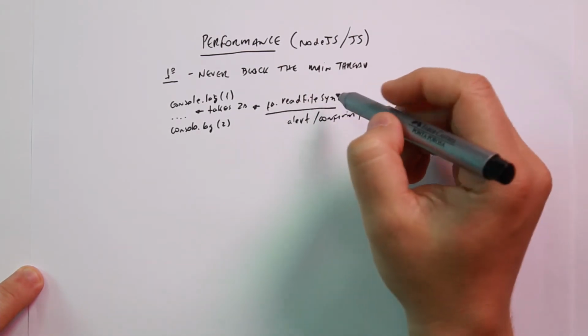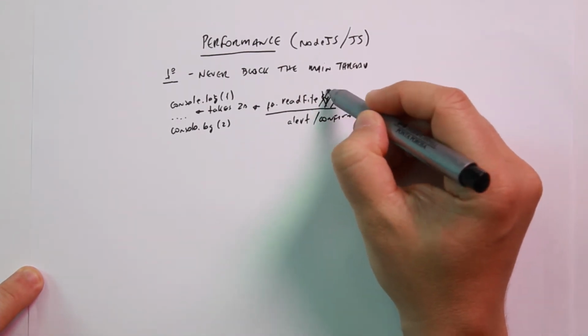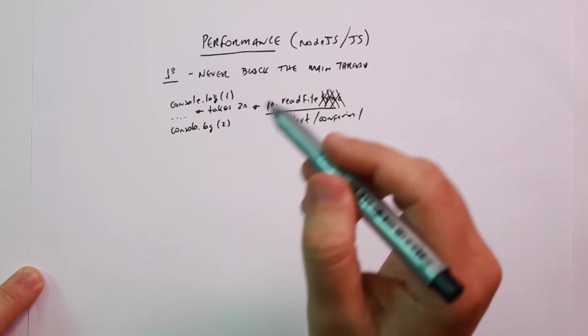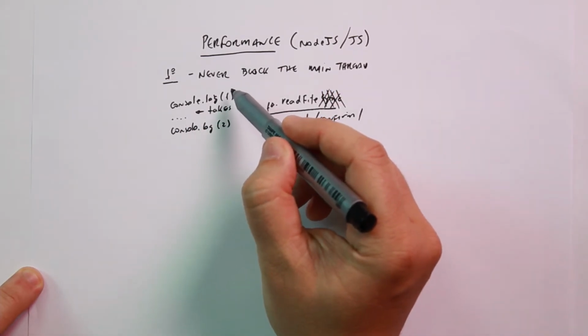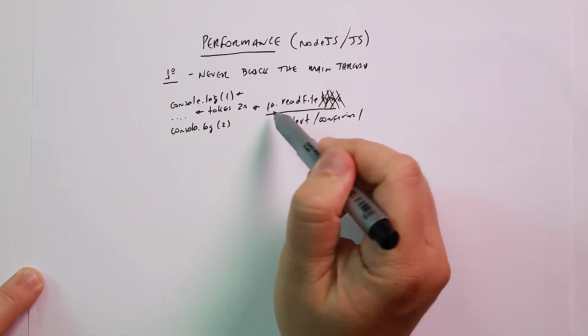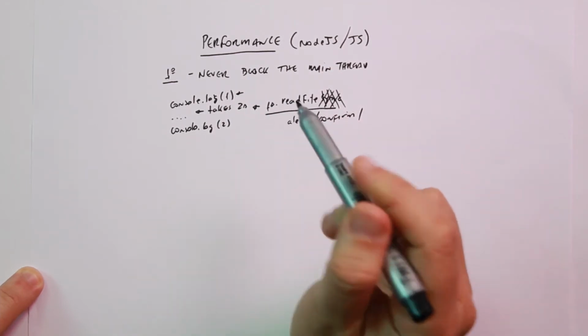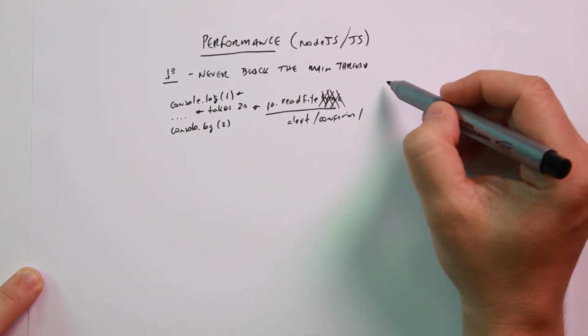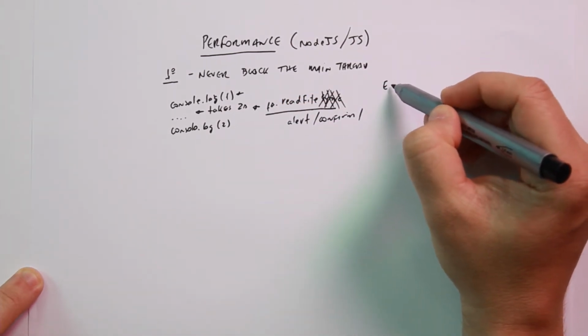So if I avoid the sync version and use the async readFile version, what happens here? When I execute the first instruction, it's okay. When I execute this instruction here, it's slightly different, because we are going to schedule this to another structure